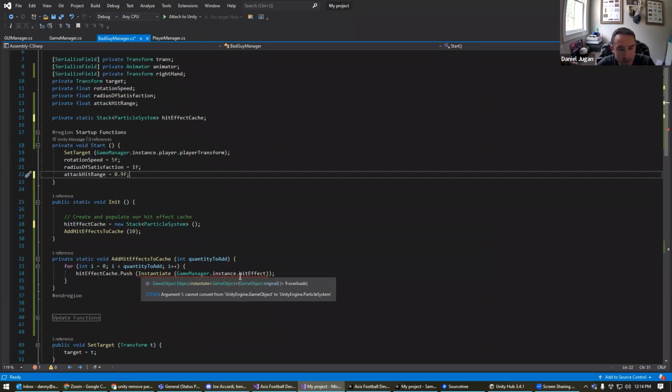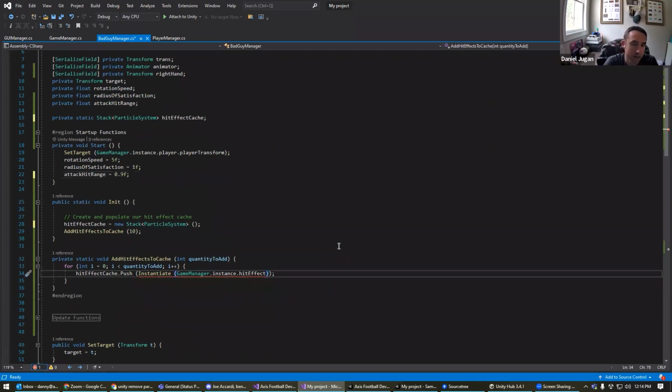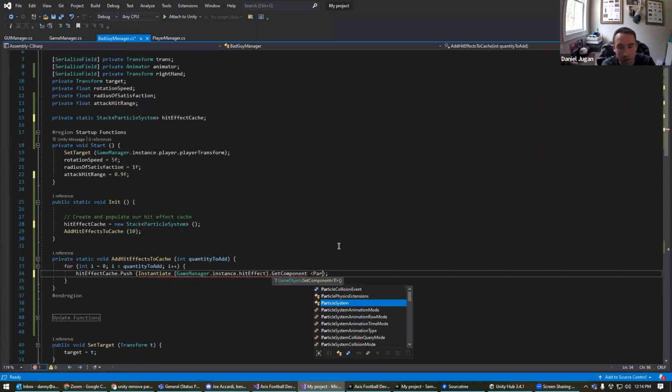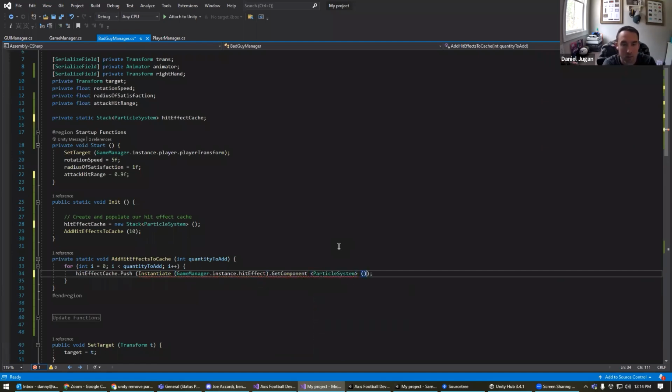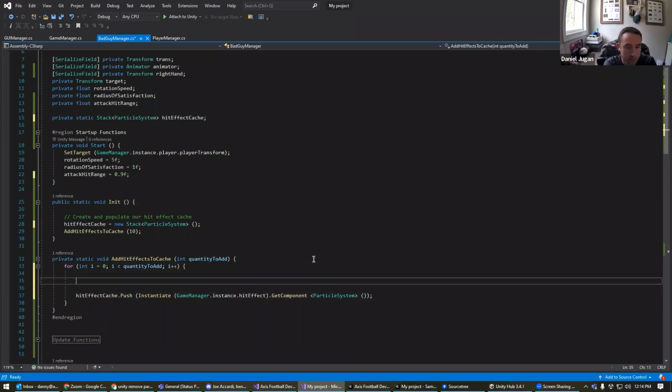And so we're going to instantiate a game manager instance hit effect, and then I'm going to say get component particle system. Okay, that was a lot. Let me break this into different things. Game object, so we'll say instantiated object equals